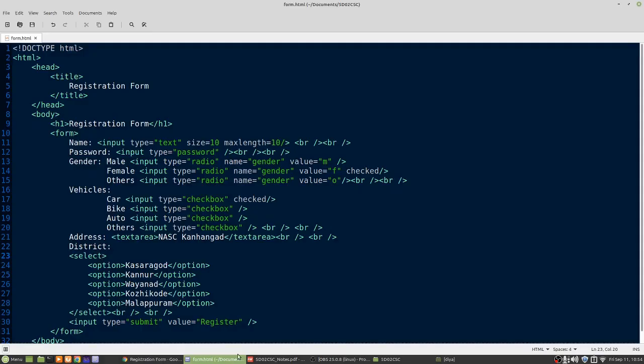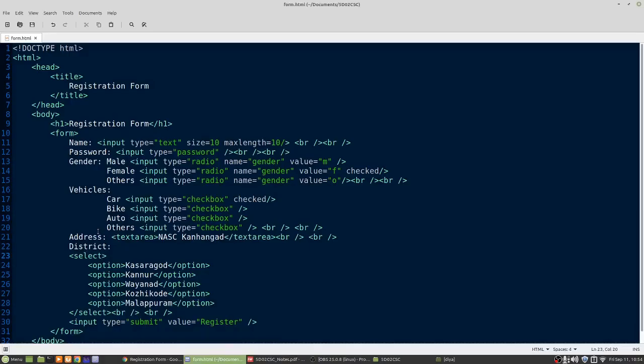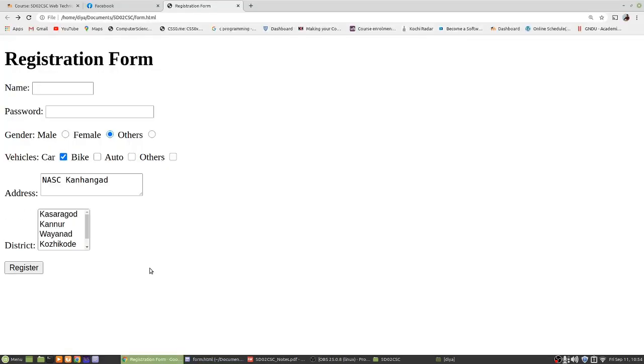Another option that you can have is the multiple attribute, and if I just say multiple, no value should be given for this attribute. Let's see the change. Now you can see the list is again changed to a list from which you can select items. But this list has an extra feature.